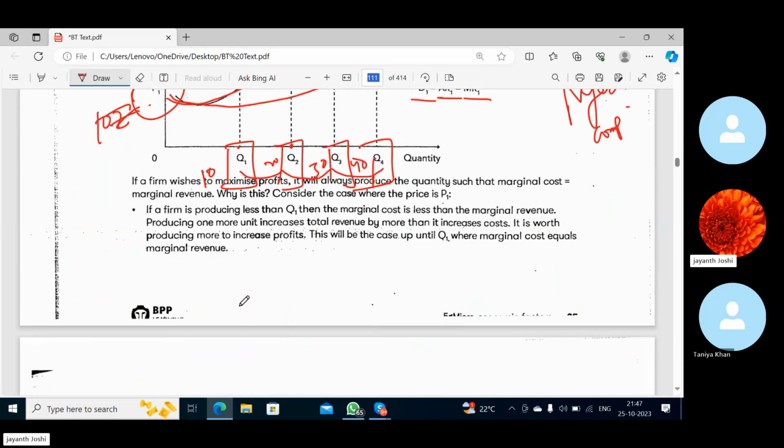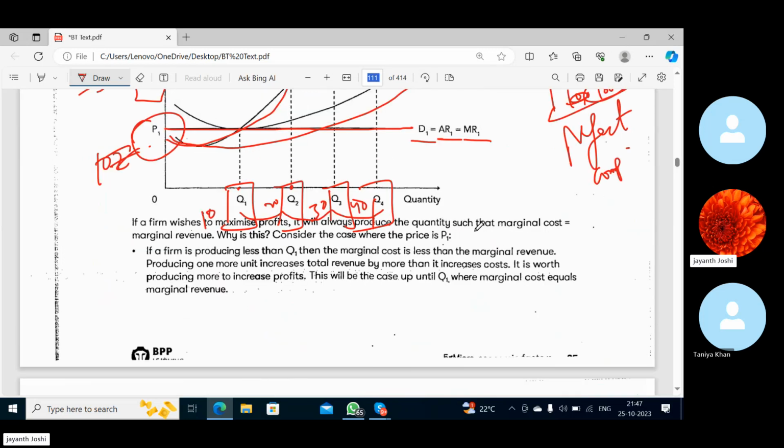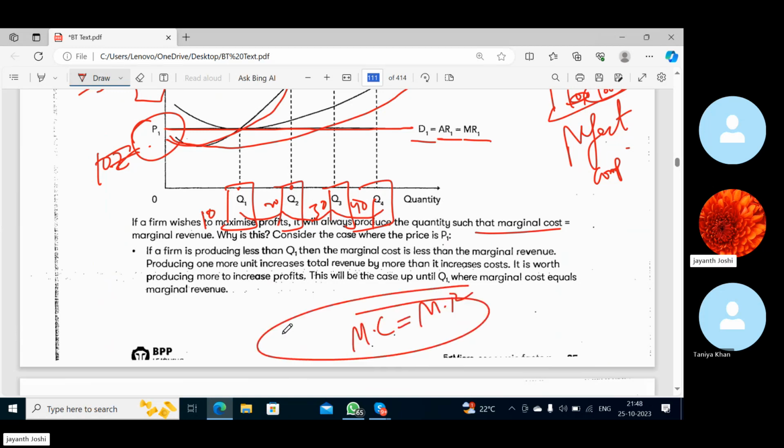So if a firm wishes to maximize profit, it always produces the quantity such that marginal cost is equal to marginal revenue. Beyond this, they can always try to maximize their profits. If these two are the same, for an extra additional unit, whatever extra cost you are incurring and whatever extra revenue you are generating, if they are the same, then there's no scope to maximize your profit further. So if a firm is producing less than Q1,